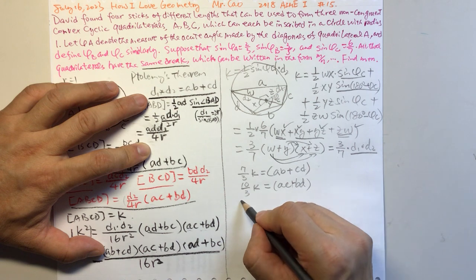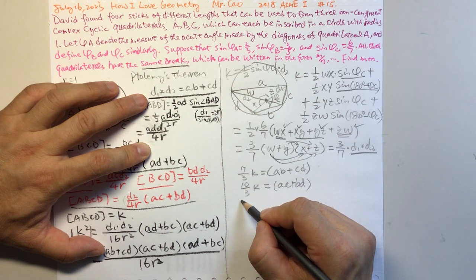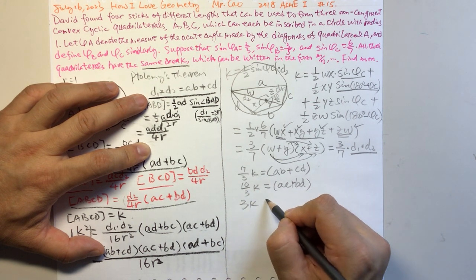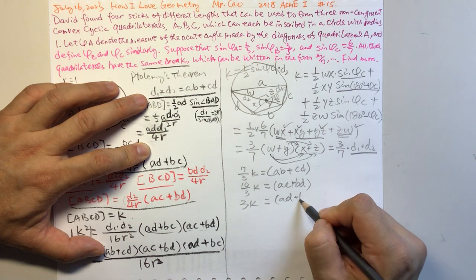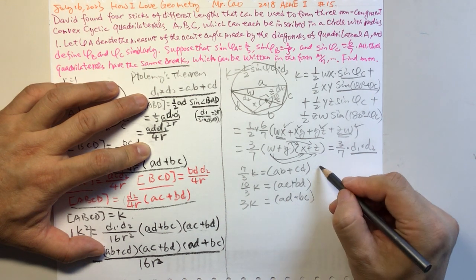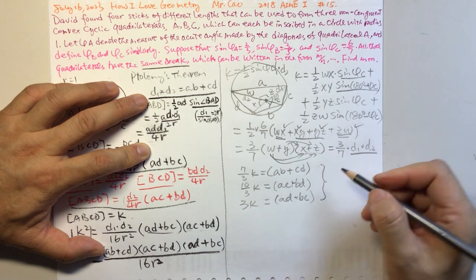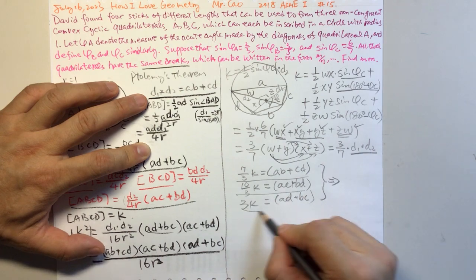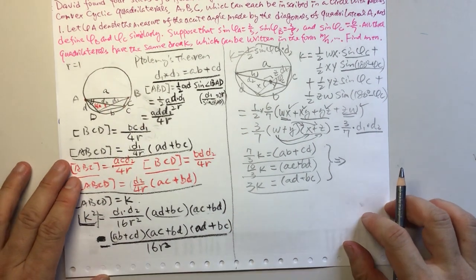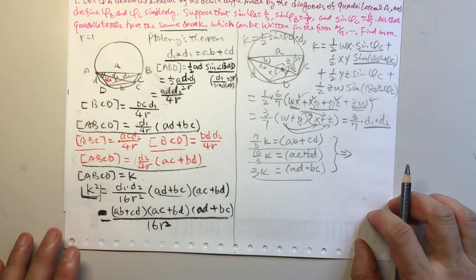And also we got 3K equals AD plus BC, right? Now we have all of these, then we can multiply all of them, correct? We will get